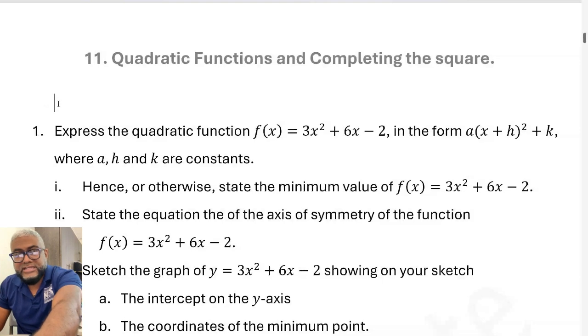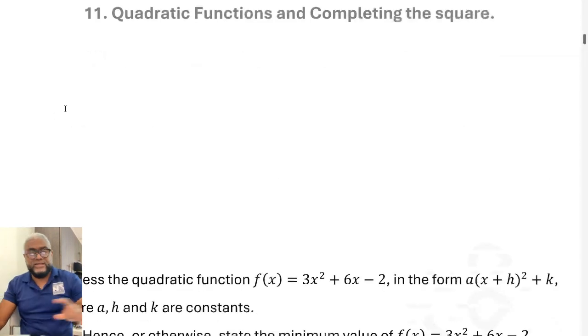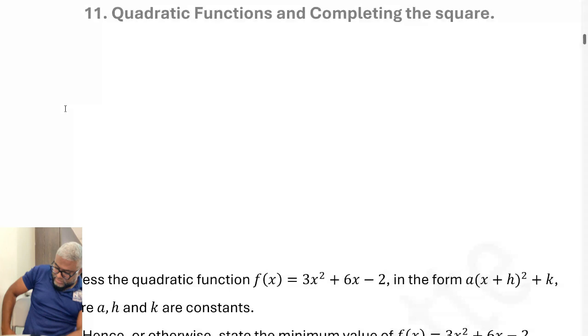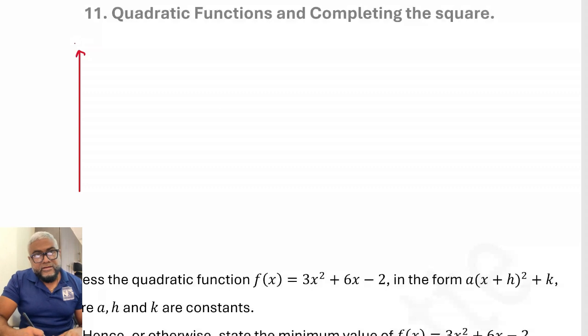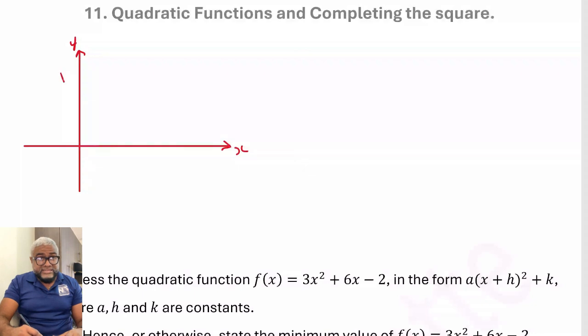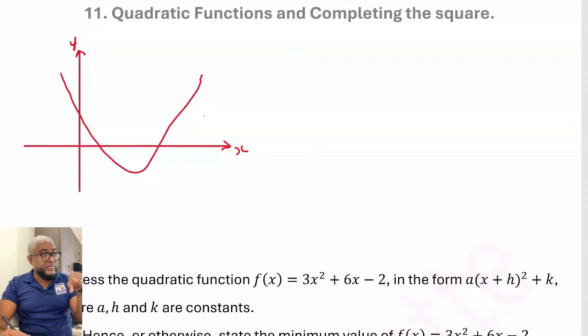This is what I mean, if it's a U or a V. So you have your y-axis, and then you have your x-axis. Now, if I have a U like this, which is a minimum curve,